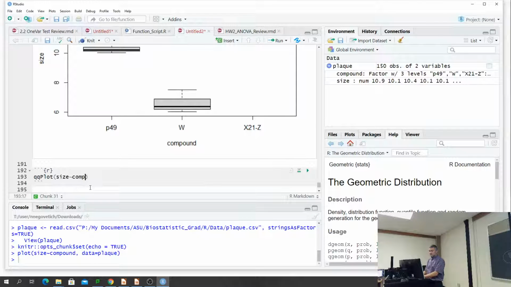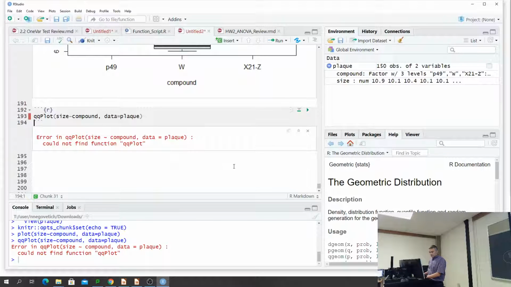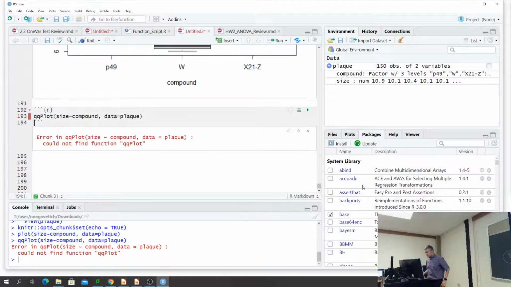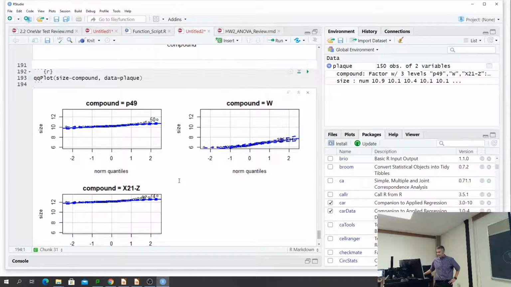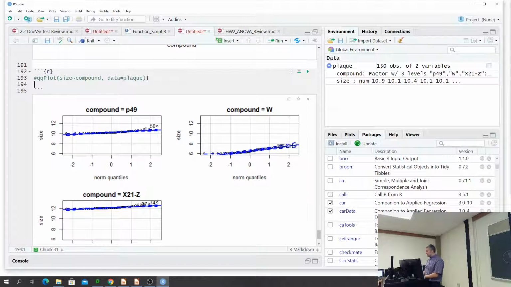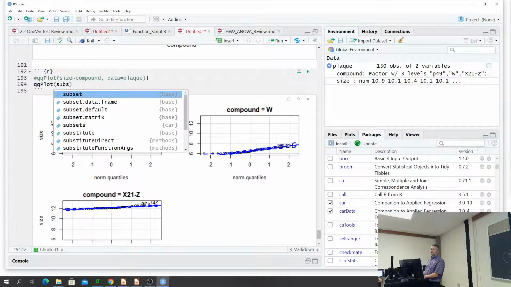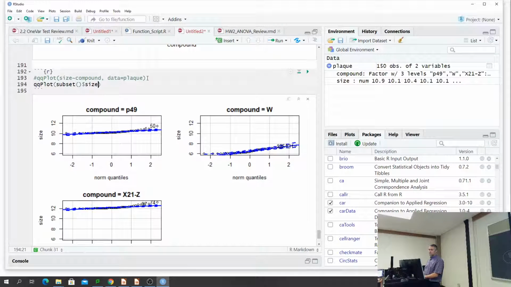size as a function of compound, data. All right, copy that. Packages. Got to make sure car is loaded. There we go. All right, so a little bit harder to see. So I will make them larger, and this is something you're going to probably have to do in the future. So we are going to do a QQ plot, but we're going to do it of a subset where we are checking the QQ plot of size. Subset returns a data frame, so subset$size is the variable that we're doing the QQ plot